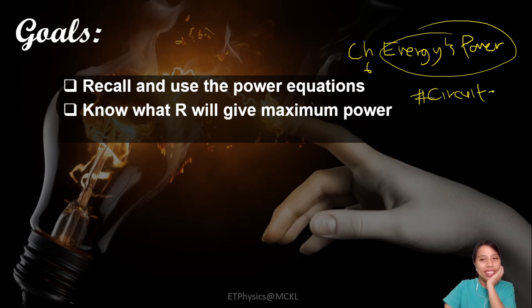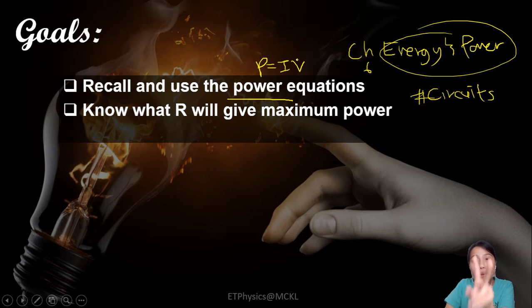Ooh, lots of good old stuff coming back. So first, we're going to recall and use the power equations. You remember the old one as P equals IV, but actually, there's two other forms of this one, like cousins. There's 3 in total. So you need to know how to use them, and you also need to know this kind of a side story. This question has not come out in a while, but you need to know what resistance will give maximum